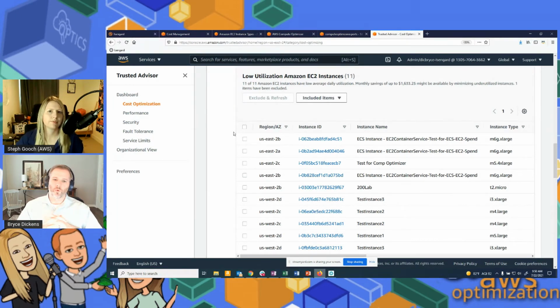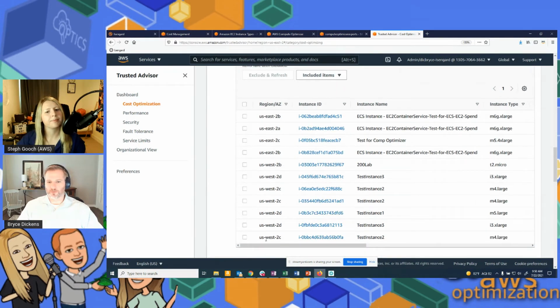Right. One of the things that Steph mentioned very early on in this presentation is that when it comes to tracking, for EC2 recommendations or CloudWatch, it's going to take in a 14-day stretch of data to analyze, to tell you over those 2 weeks what usage pattern really fits for the different EC2 instance types that are out there. In Trusted Advisor, it doesn't require you to have a full 14 days. So that's why we see a lot more instance types, because what's going on is these instances here